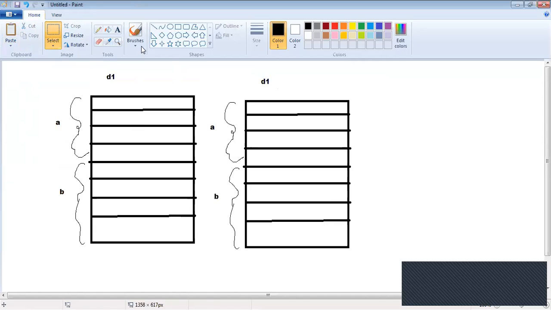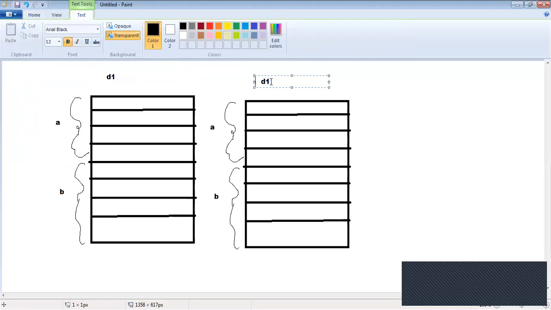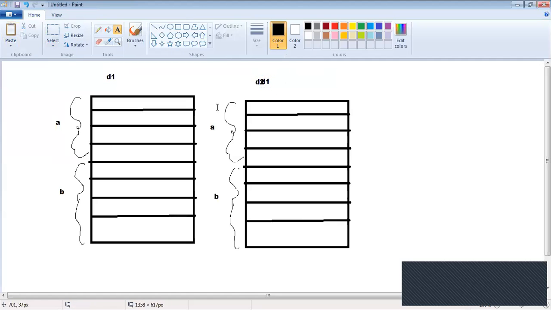Now this is for D2. Don't worry, for each one we get 8 bytes. However many objects are created, that many sets of 8 bytes will be there.